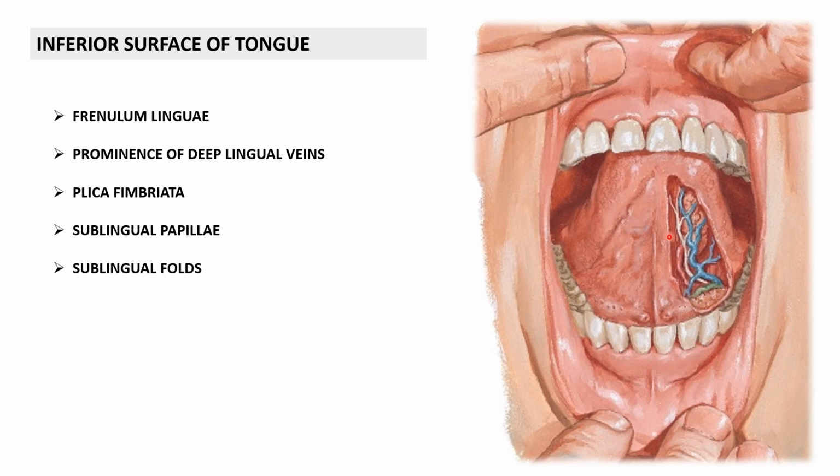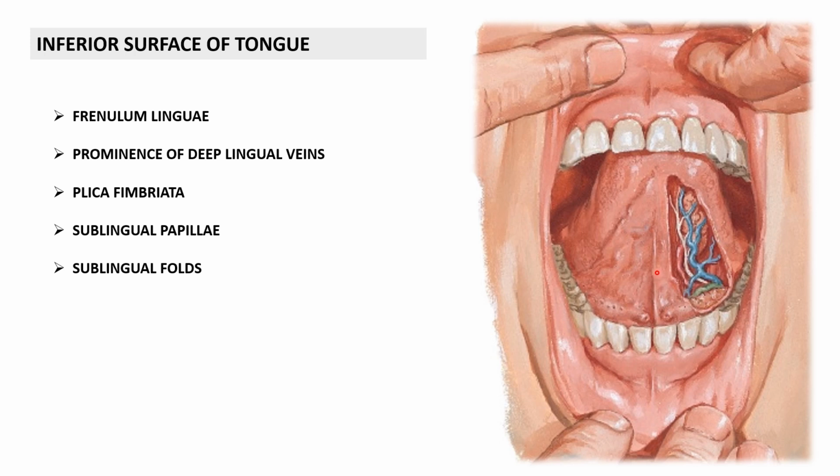Next is the inferior surface of the tongue, or the ventral aspect of the tongue. Remember, this is very smooth, and the mucous membrane is like the dorsal surface, that is the stratified squamous non-keratinized epithelium. But this ventral surface or inferior surface is smooth because this part is devoid of papillae. No papillae can be seen here. That's why this surface is very smooth.